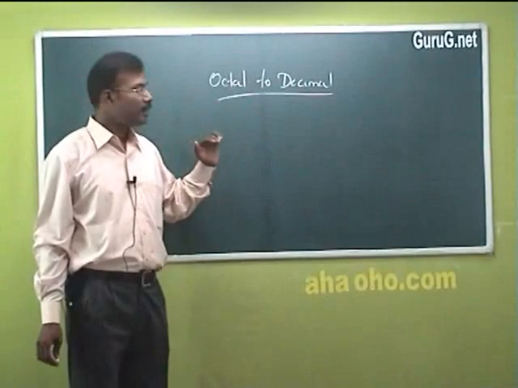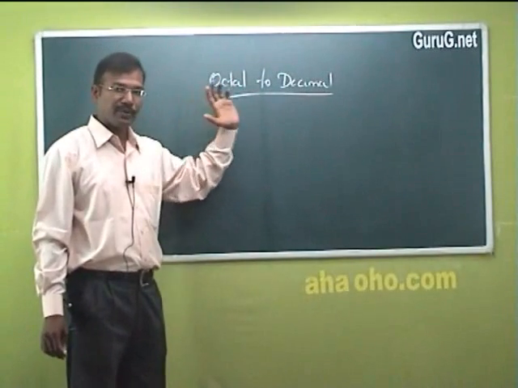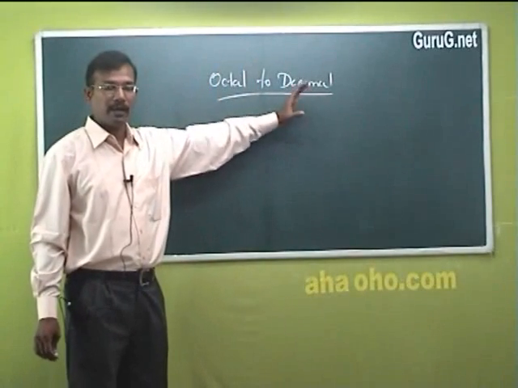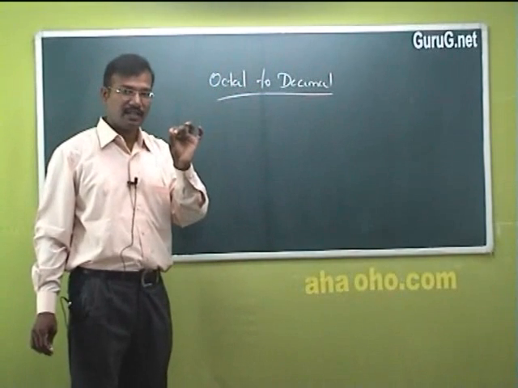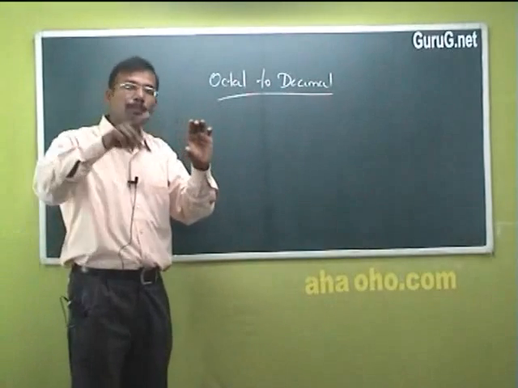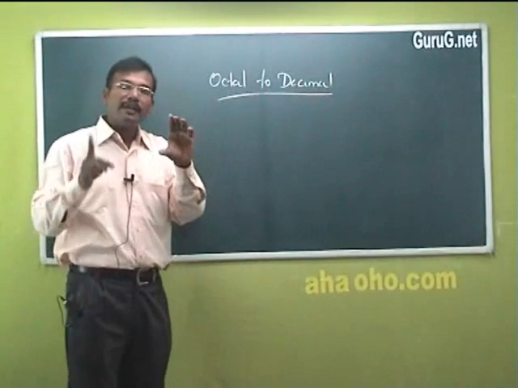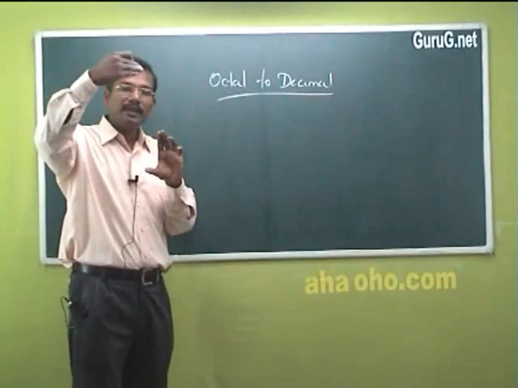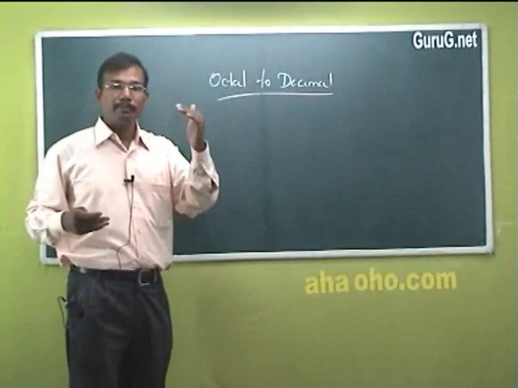The next conversion is octal to decimal. As we have seen binary to decimal, next we are going to discuss octal to decimal. The procedure is similar to the previous one, only the radix changes. In the previous case, we multiplied with 2 power. Here we are going to multiply the value by 8 power some value. The power value, as usual, will be incremented by 1 for each and every bit.